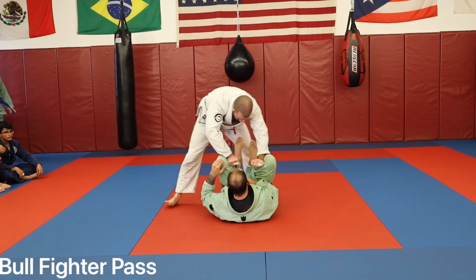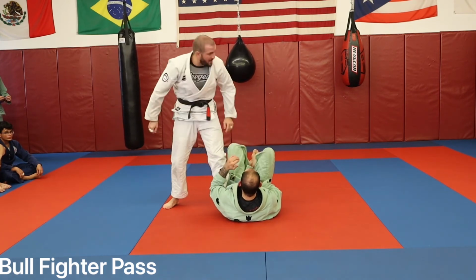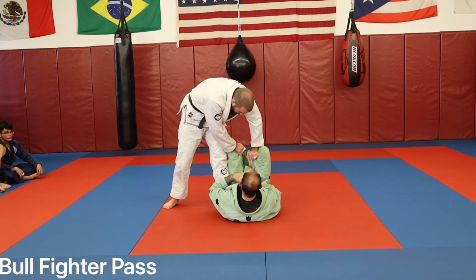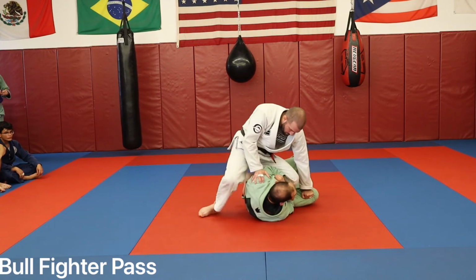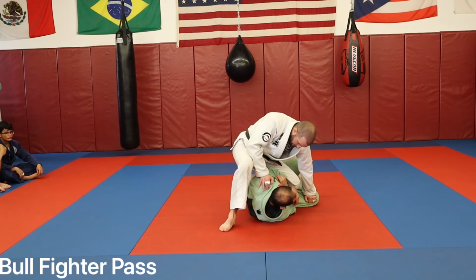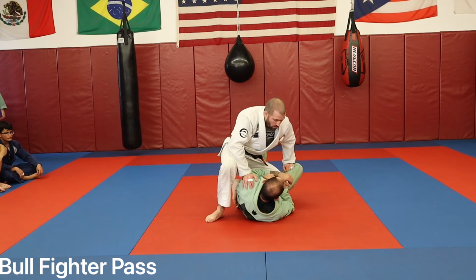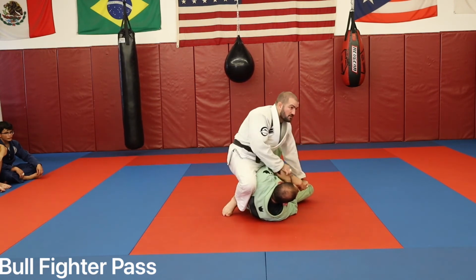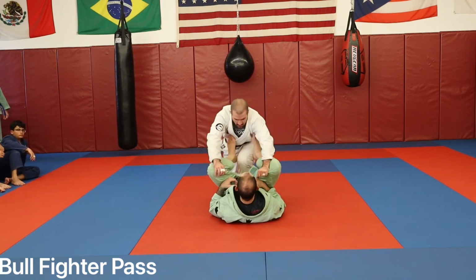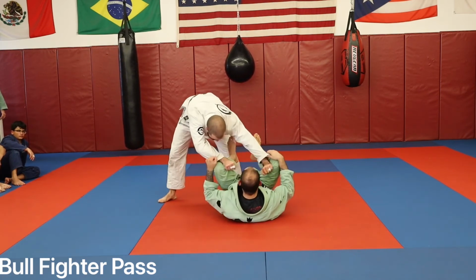So that way when I step this way, I notice I'm past his legs. My inside foot is going to step right to his hip. As soon as that makes contact, I'm going to drive his opposite leg across. Here, I'm going to let go of the top hand, the knee is going to come up to the shoulder. Couple options. I can look to just sit into knee on belly, or if I want, I can look to really force him up and start isolating the arm. Either way, all we're doing is coming from that same open guard counter position here, stepping up, disengaging his feet